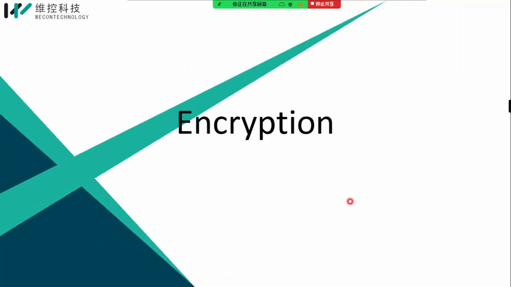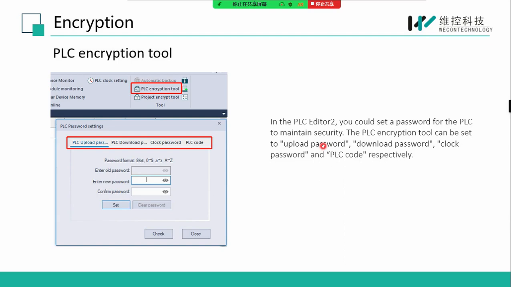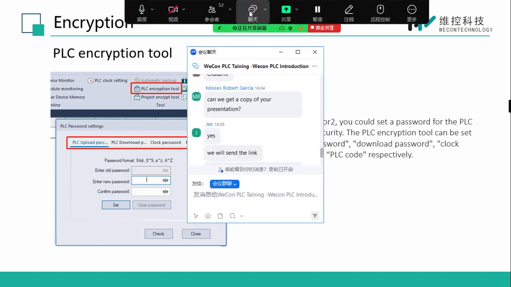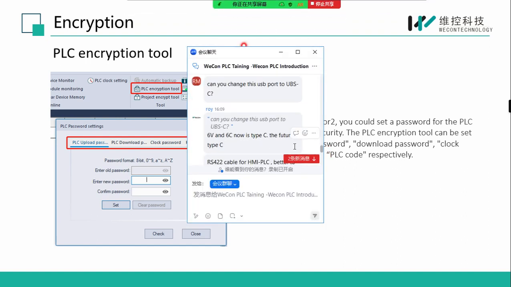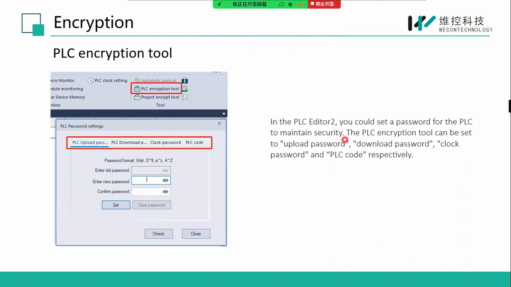Okay, let's move on to the fourth part, the encryption. Our PLC supports setting passwords to protect the PLC and our PLC program. There are 4 types to